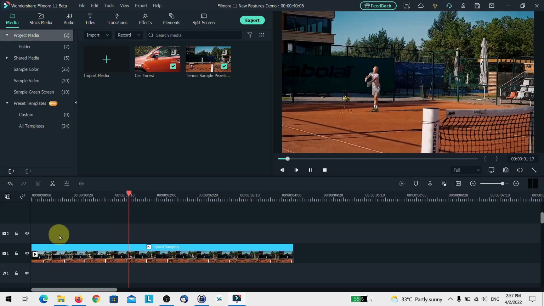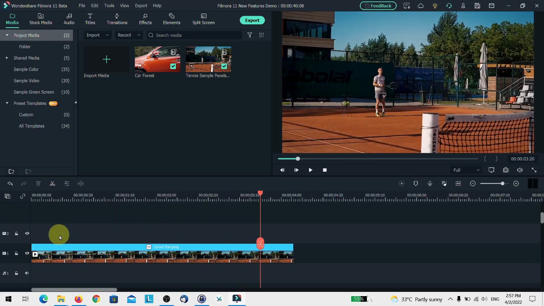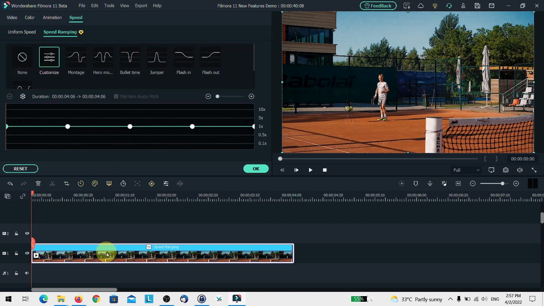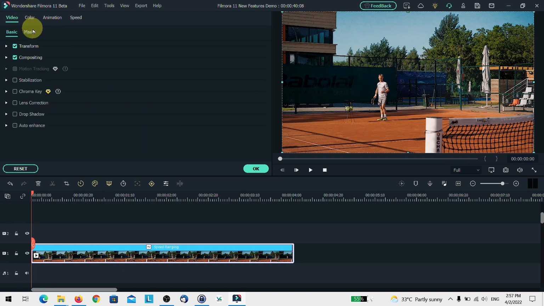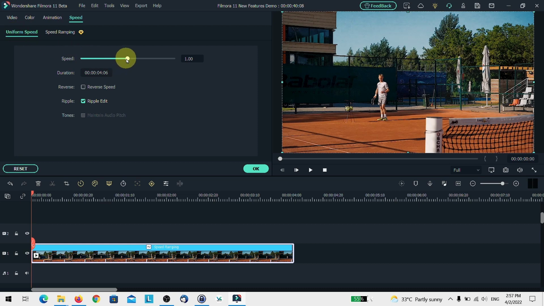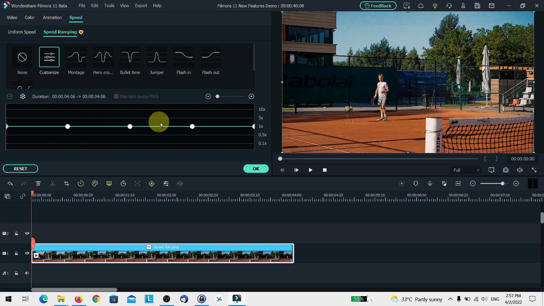I have a clip here on the timeline. It is just a person hitting a tennis ball. We're going to use the speed ramping feature to make this more exciting. To turn speed ramping on, what you can do is just double click it, and under video you can go to your speed, and there is either uniform speed, where you can adjust the speed faster or slower, or speed ramping. We're going to use speed ramping, and you have a chart that shows you how you can actually